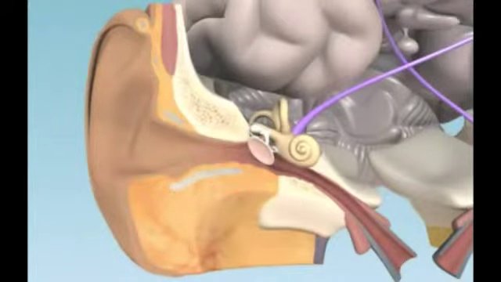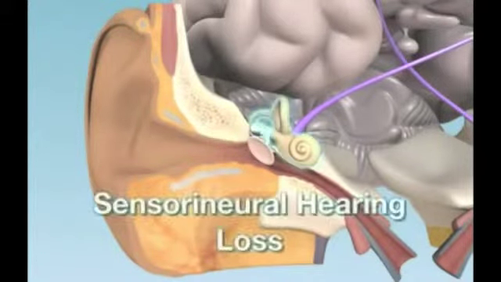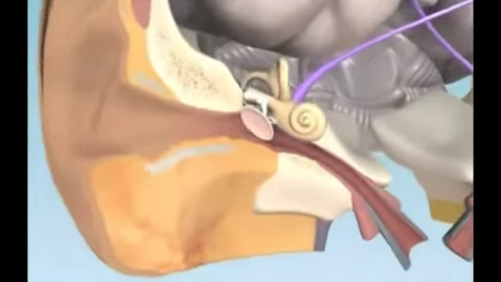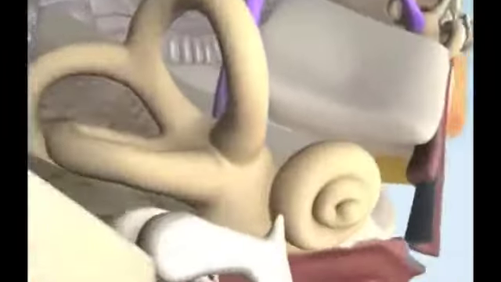The second and most common type of adult hearing loss is sensory neural hearing loss, which can be caused by noise damage, the aging process, or other environmental factors. This type of hearing loss is a result of damage to the inner ear. In a damaged cochlea, hair cells are broken or gone and can therefore no longer pick up sound or transmit it to the brain. Typically, the hair cells tuned to high pitches become damaged first because they are the first